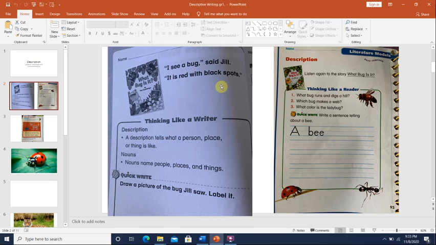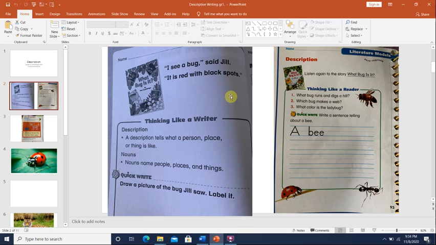Description means to describe something or to tell about what something is like. Again, description comes from the word describe. To describe or tell about a noun. So when Jill talked about the bug, she used details by describing it, saying that it is a red bug